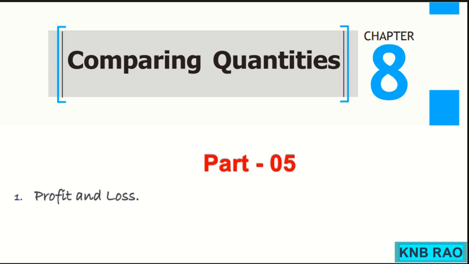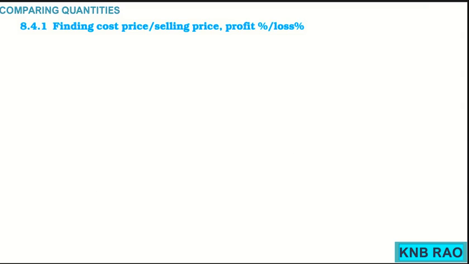Students, this is part 5 of the chapter Comparing Quantities. In this part 5, we will continue the discussion on profit and loss, finding cost price or selling price, and with respect to them, finding profit percentage and loss percentage. In our previous class, we have seen some formulae,